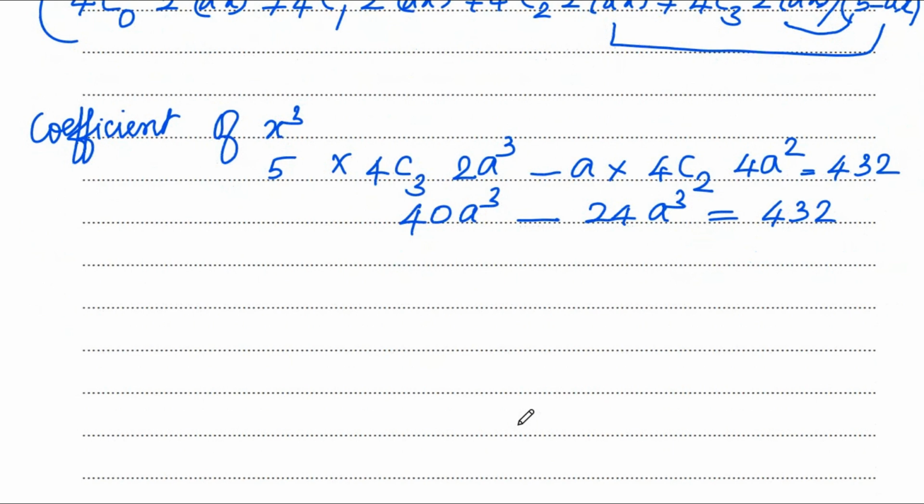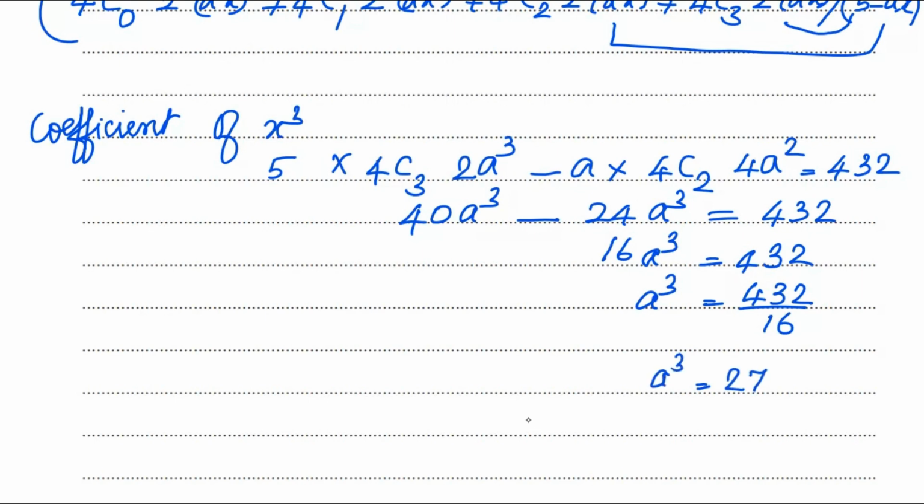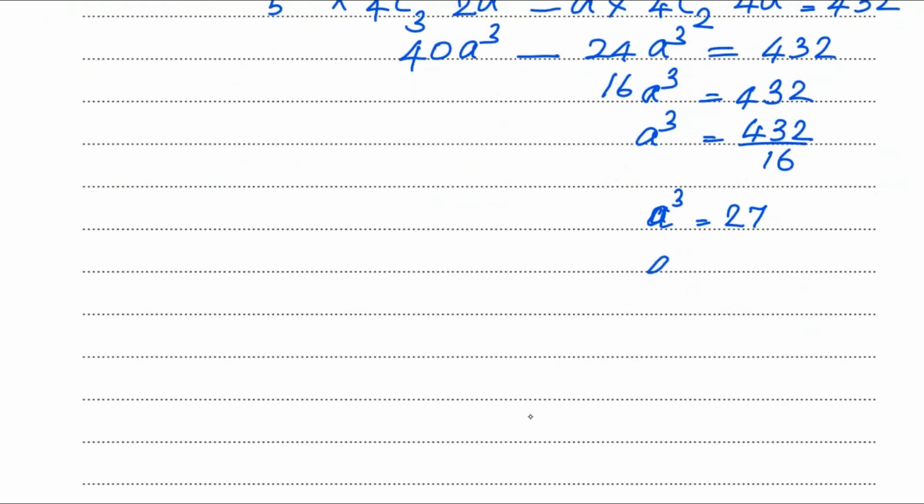So 40a cube minus 24a cube is 16a cube, which is equal to 432. So what is a cube? 432 divided by 16, which is equal to 27. So a cube is 27, so a will be